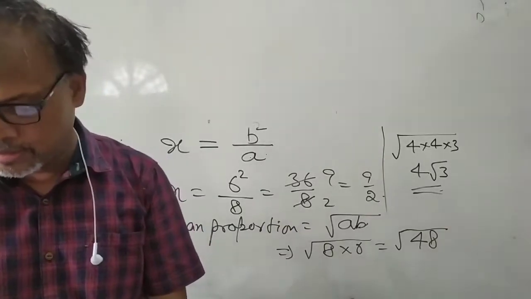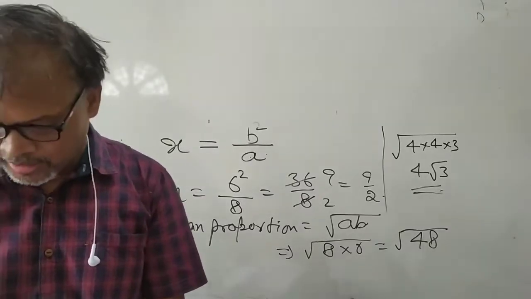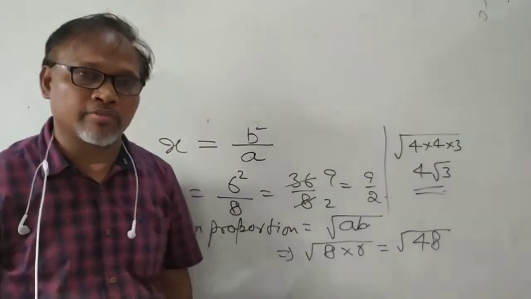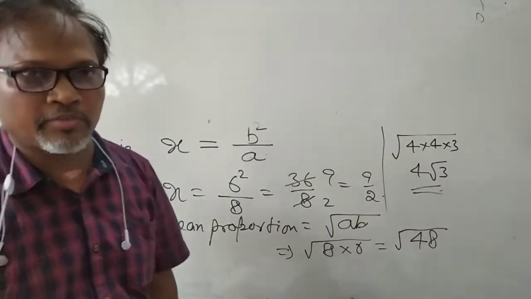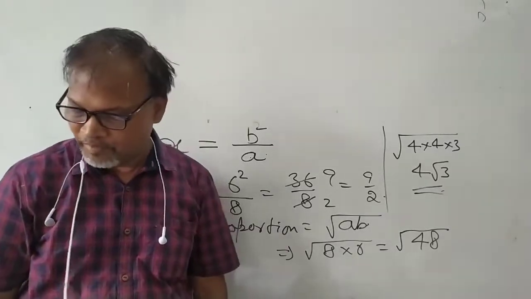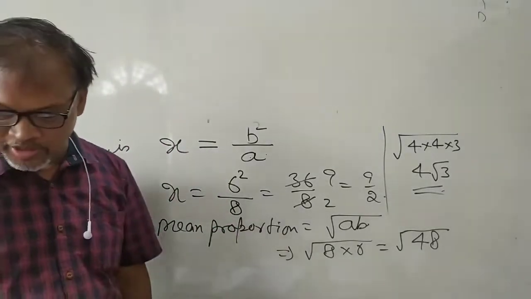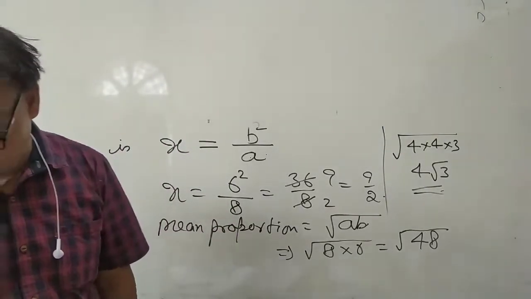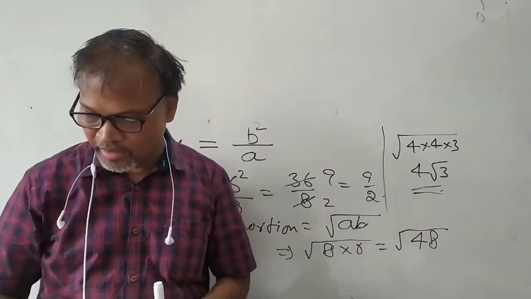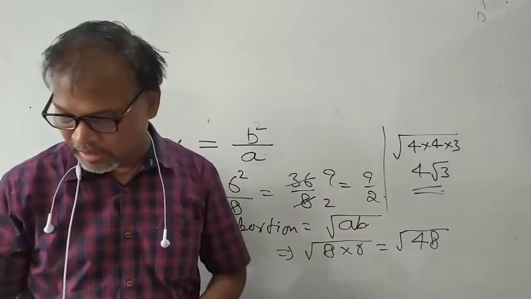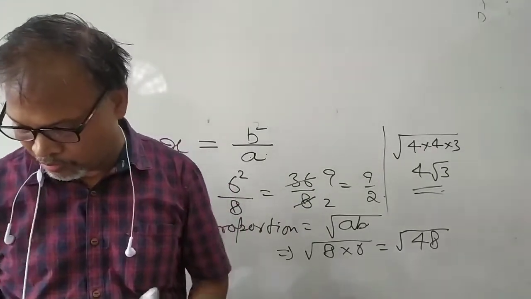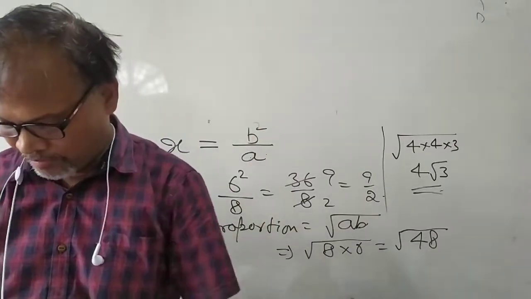Then there are questions based on the first proportion, third proportion, fourth proportion and mean proportion in this exercise. So open exercise 7.2 in ML Agarwal, ICSE Mathematics by ML Agarwal, class 10. Open exercise 7.2 and you can do questions 1, 2, 3, 4, because they ask for the fourth proportion, the value of x, the third proportion, the mean proportion. By this way you can find.